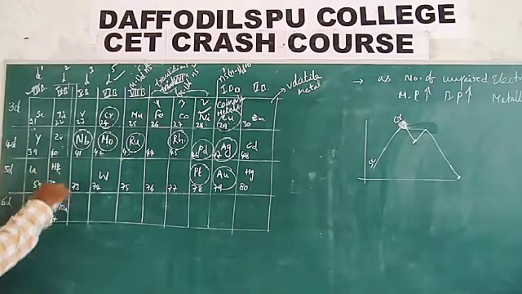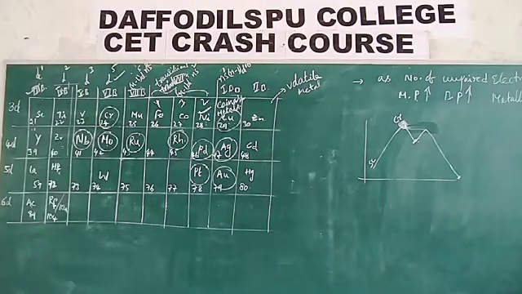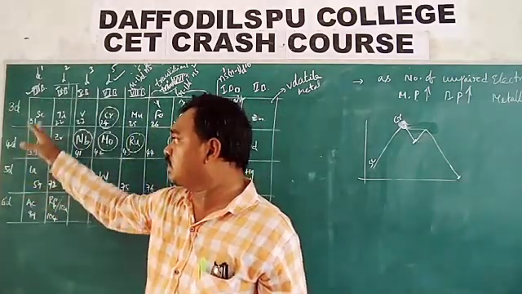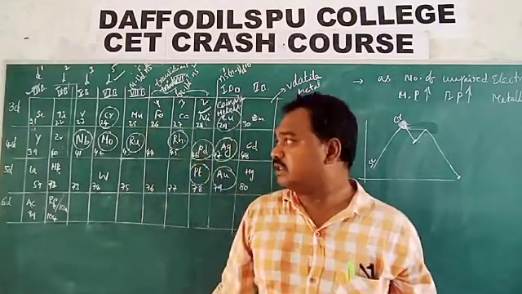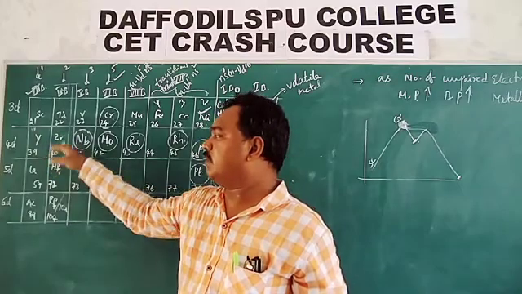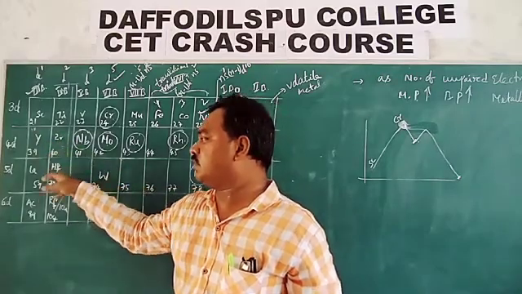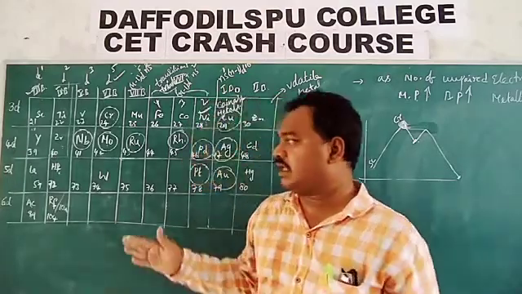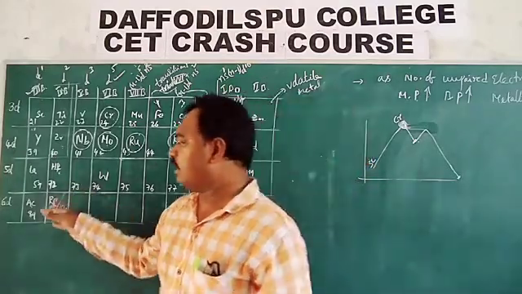Again, rutherfordium and hafnium sizes are also nearly the same. So first we discuss the group. In the third B group, atomic size increases from scandium to actinium. After that, from titanium to zirconium, atomic size increases. After that, from zirconium to hafnium and hafnium to rutherfordium, atomic sizes are nearly the same due to lanthanide and actinide contractions.